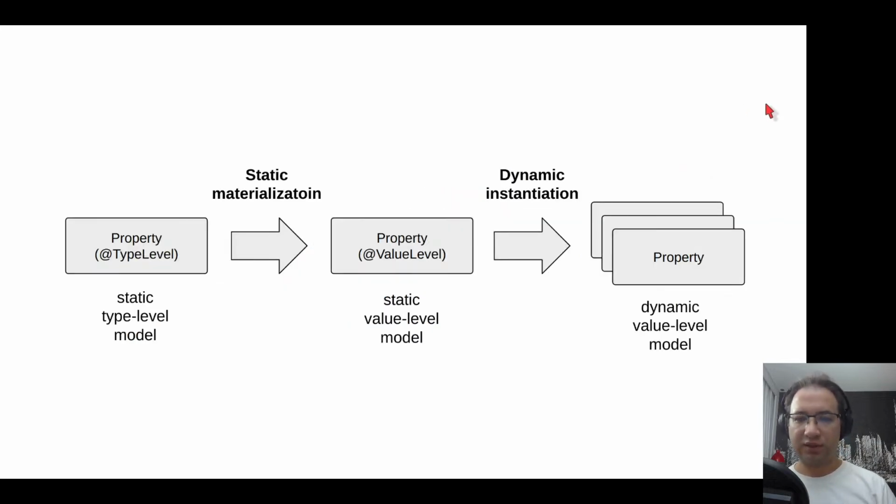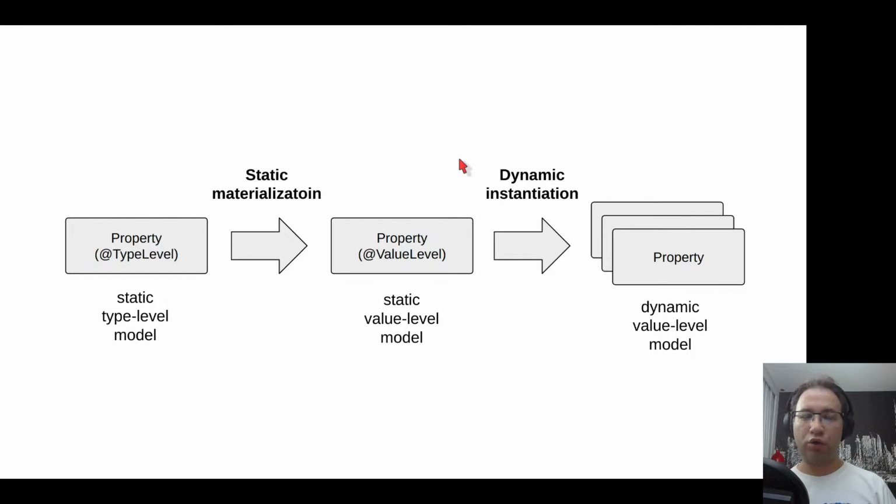I said there is a static model and a dynamic model. This is true, but not the whole truth, because static can be type level, this to the left, and can be value level. Static type level is what we are writing in our editor. All those types, exclusively types, and values are not types, and when you do static materialization you will get a value level model. It won't be dynamic, meaning that it cannot change. It will be just a representation of the type level model made on value level, because we need to